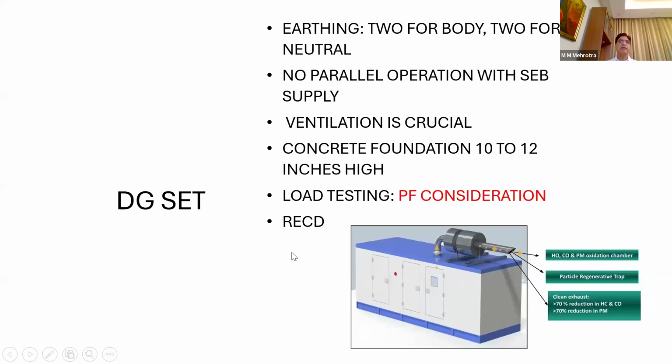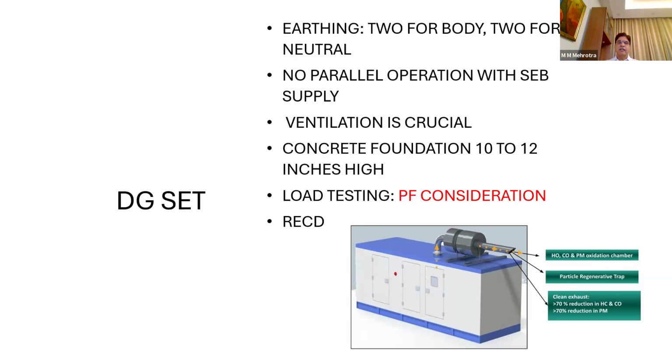Earthing, where all will it be used? It will be used in my electric system, where earthing is there in the panel. Panel body is earthed, but transformer and generator set are electrical machines. When it is an electrical machine, there will be two different earths, one for neutral, one for the body. My panel is not a machine, it is just a body where supply is coming and being distributed further, right?